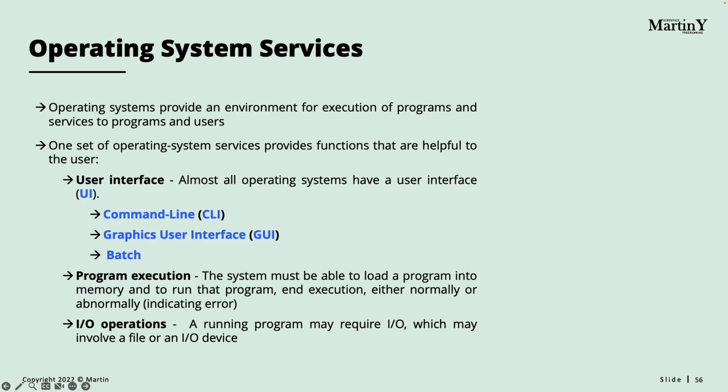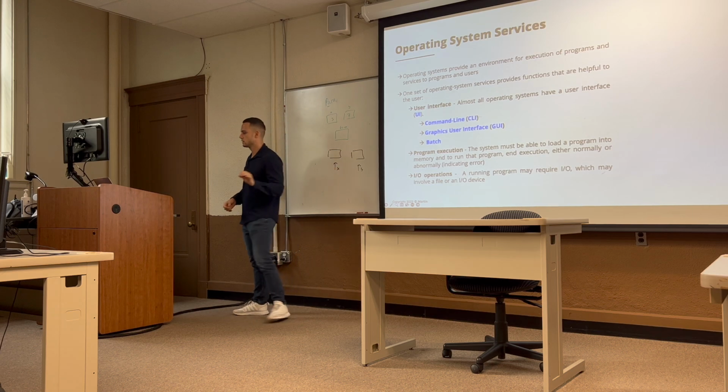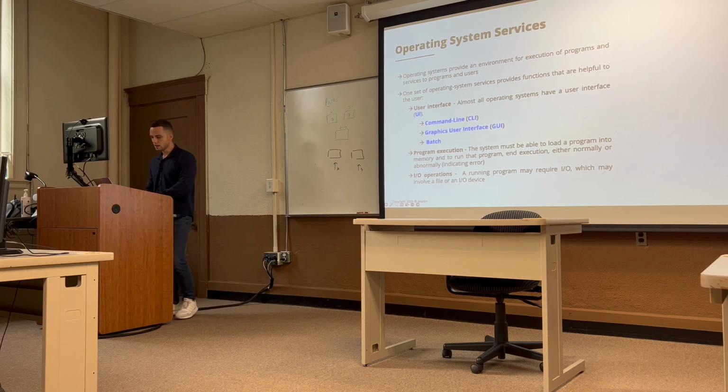And the final way is batch, which means that, let's say, we have files with some scripts, and those scripts are actually performing system calls and doing some activities inside our system. Okay, so those are the three main ways to interact with the system. Now let's see